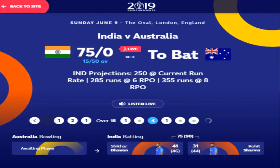Yeah, they just need someone as that first change, isn't it? A bit quicker and a bit more. Coulter does a good job, but just someone a little bit more. Which is where there was this discussion about whether Behrendorff would have come in as the second left-arm seamer, given